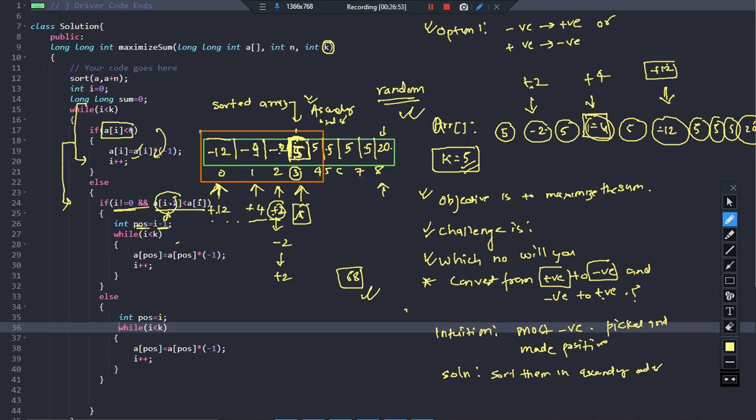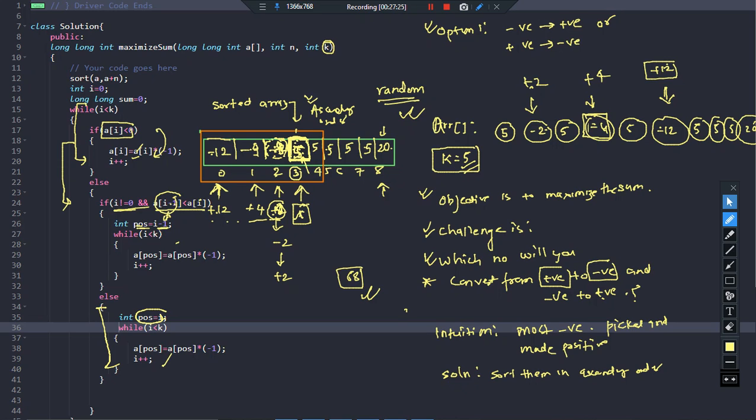If you found that the element before it is smaller than this, definitely we are going to perform all the operations on this number. All the key operations will be imposed on this smaller number. But if you found out that this is greater than this, even after making it positive, for example, I explained to you, isn't it? Minus 12, minus 9, and suppose it is minus 8. So minus 8 will become plus 8. Now if you are comparing plus 8 with 5, this is smaller. So all the key operations that are left should be imposed onto this number. That is why I have the else part, where I am doing all the operations on this index I, which it is pointing to.